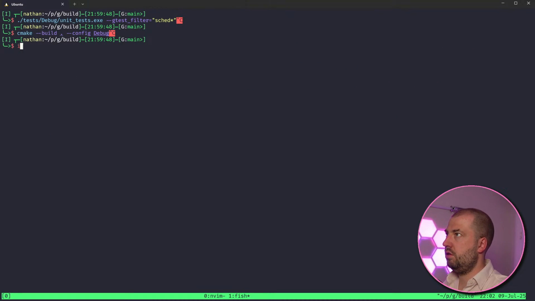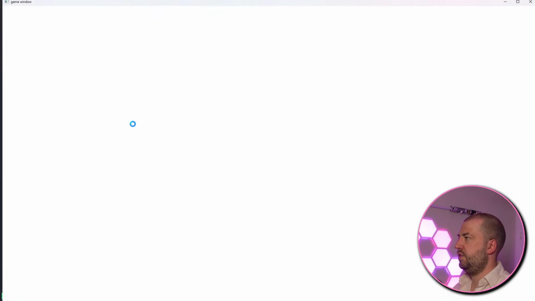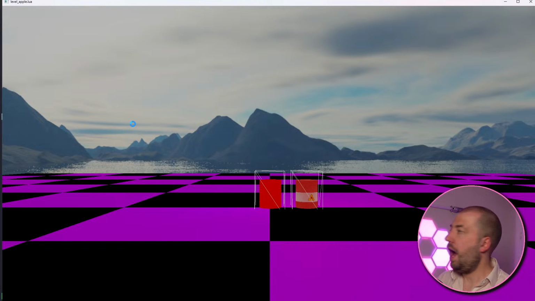Hello. Debug. I don't remember where it is, source debugging? For anyone who's new here, who's not actually seen what we've been working on. Has anyone tried this out yet, by the way? Because I do an alpha build at the end of the streams, and then I post them on GitHub with a link on the Discord. And has anyone actually tried this yet? I'm curious to know if this works on anyone's machine.